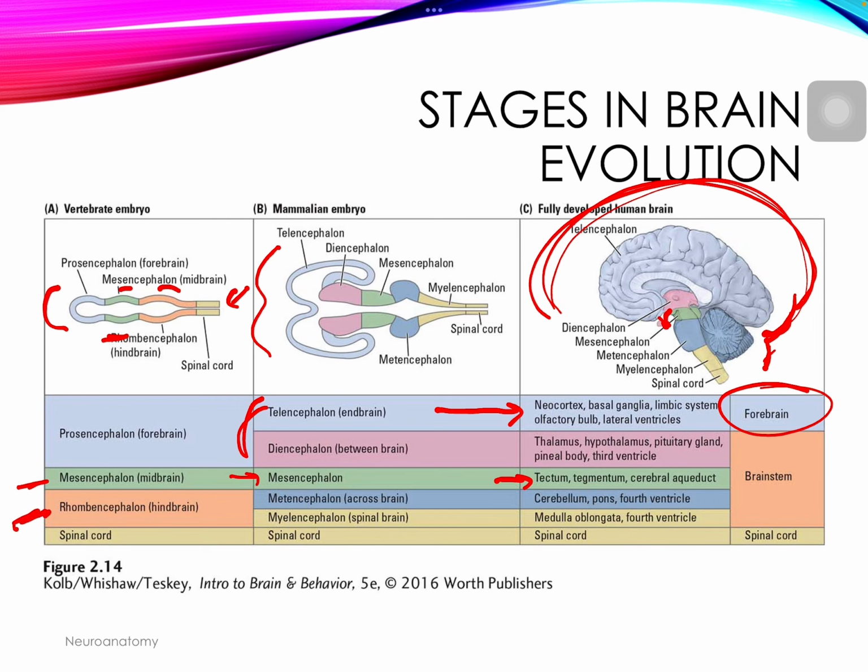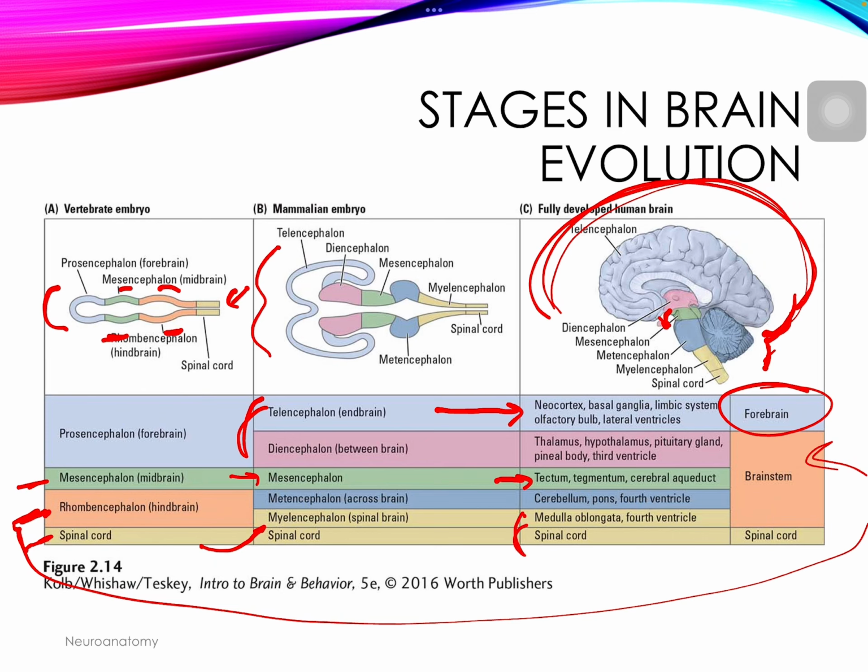Here we can see the hindbrain, and that structure is right here. And then in a human brain, that becomes the brainstem. When we look at the spinal cord in a vertebrate embryo, of course, that's split into the myelencephalon and the spinal cord. And then here you can see in a human brain, that's the spinal cord, which also includes structures upwards like the medulla oblongata and the fourth ventricle here.